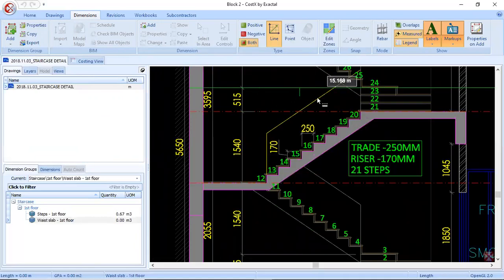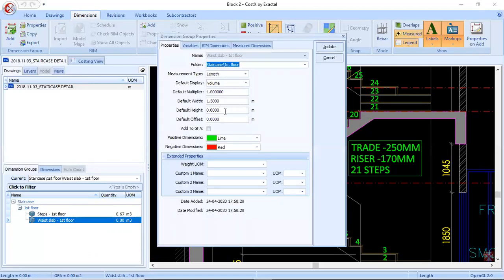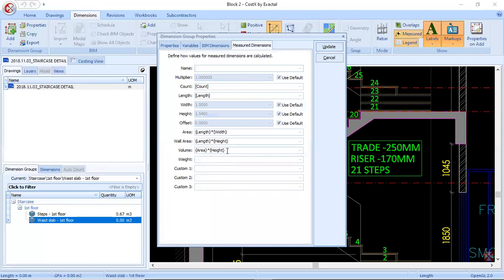So 1.54 is my height of the waist slab, which is indicated here. So I'll take height as 1.54. Now I'll go to measure dimension, volume of waist slab.